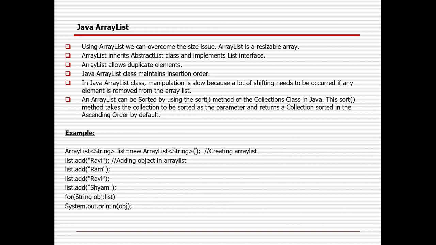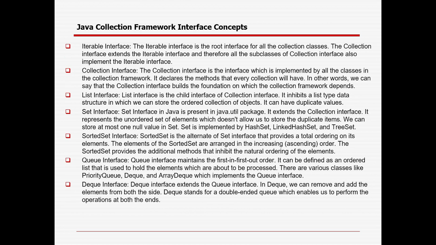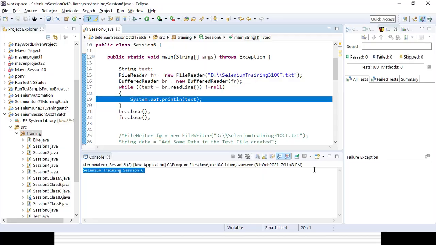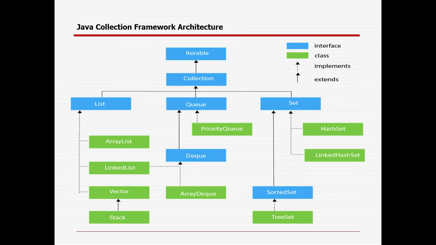Okay, so ArrayList is nothing but, if you just check it here, you could see it is implemented from the List interface. So what is the List interface? Its objective is nothing but an ordered way: whatever order you add the elements in, the same way it will give you the output.